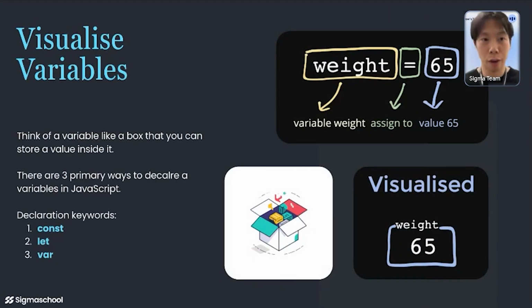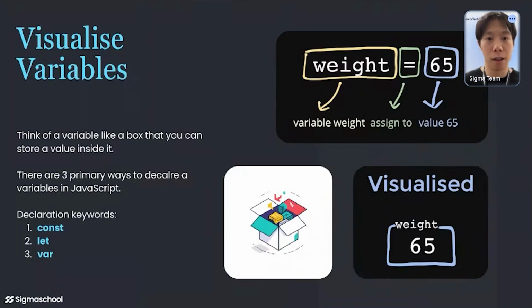So to visualize variables, you can think of it like a box. As you can see here, it's basically a container, a box, whatever kind of box you want to think, up to your imagination. You're putting something inside the box. In this case, let's say you want to store your weight inside a variable called weight. So you want to store the value of your weight, right? Over here in this example, you can see how we define a variable: we'll first give it a name. In this case, of course, we want to name it exactly what we want to call it. So weight, and let's say you're 65 kgs.